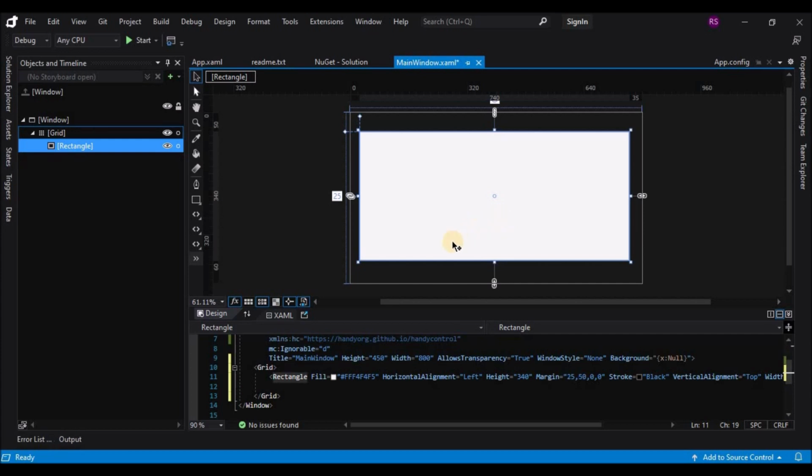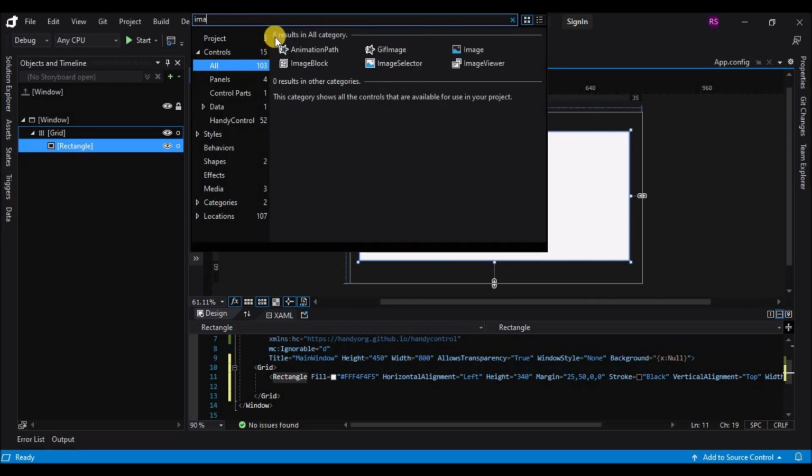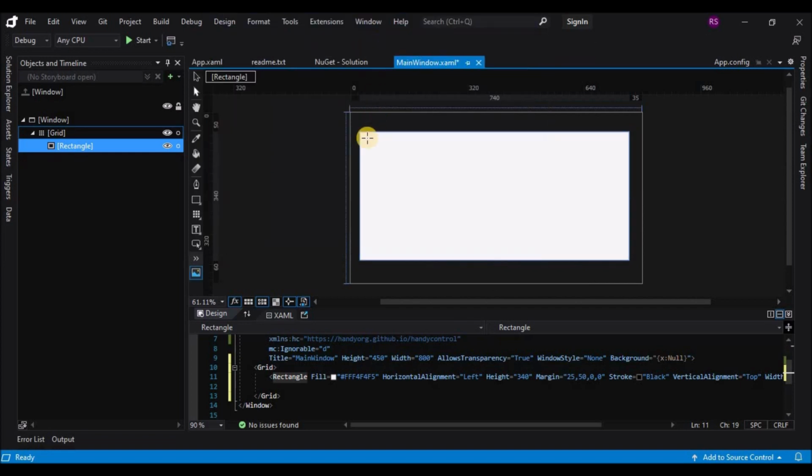Okay, now let's add a logo to this window. So let's search for an image box in the controls. Okay, so let's type in image and select the image control.